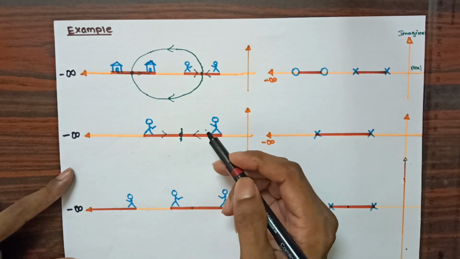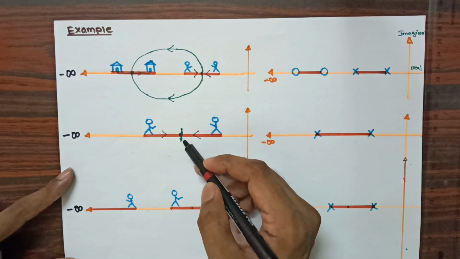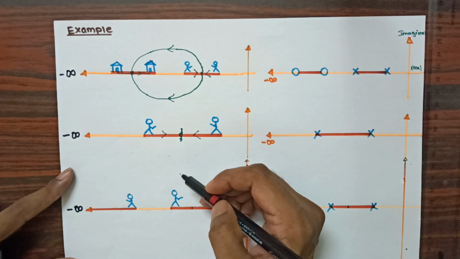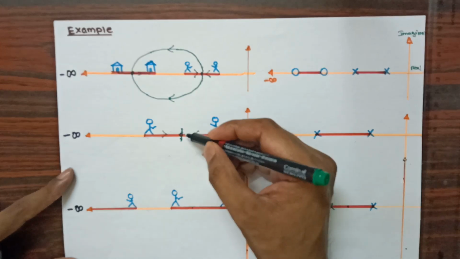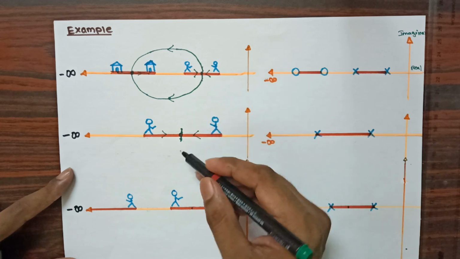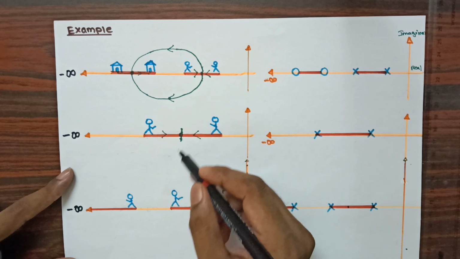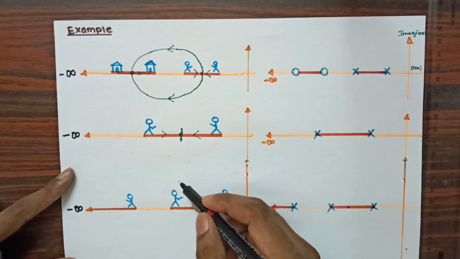When we discuss the root locus method, whichever direction one person is moving in, the opposite person also moves in the same direction. When you give this person plus 90 degree to move, you have to give the second person the same opposite direction to move, that is minus 90. When I consider the total, that will be 270 degree.